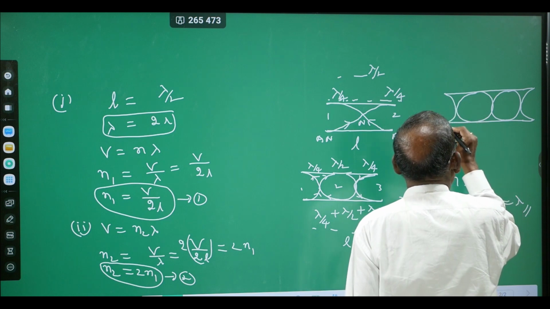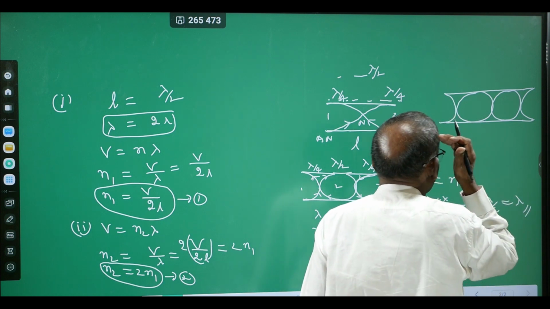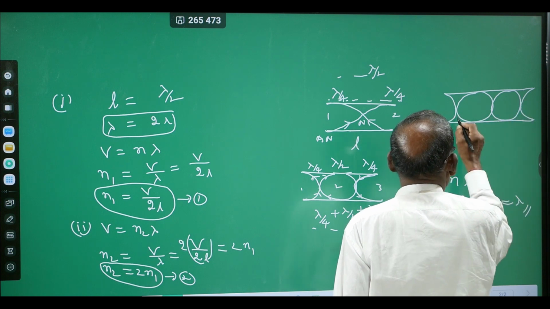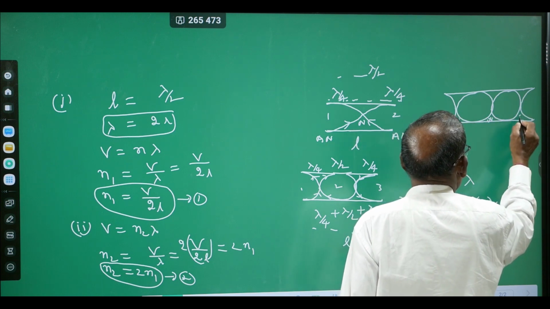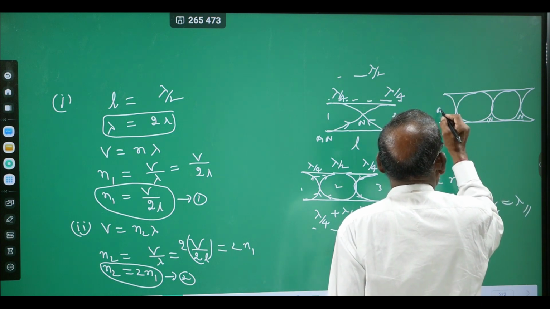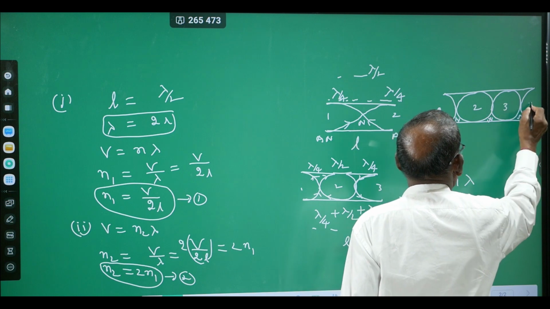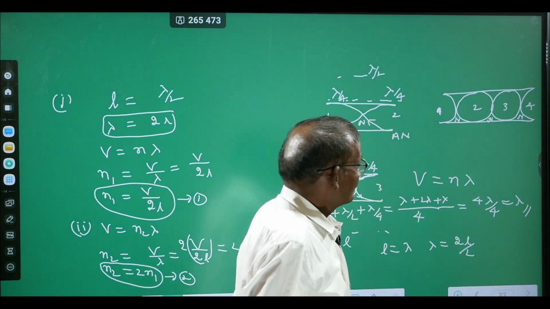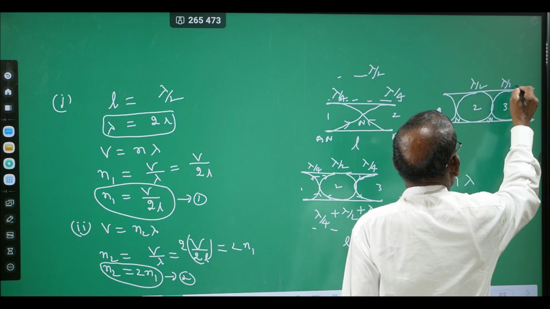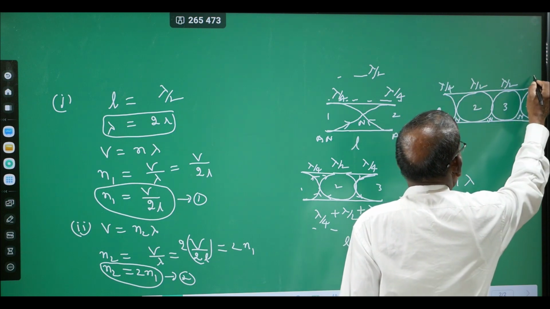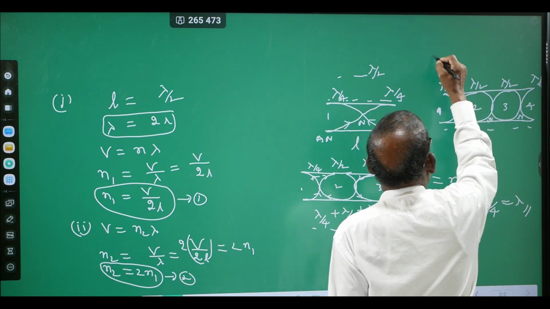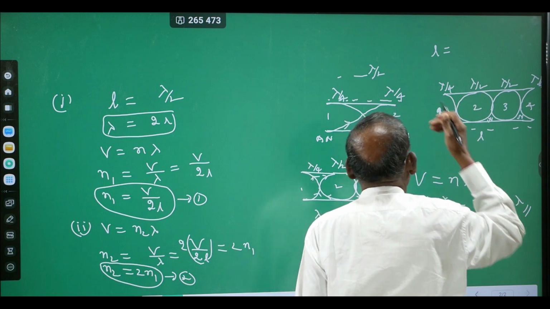If you observe here, there are 3 nodes, and 4 antinodes. So, lambda by 2, lambda by 2, lambda by 4, lambda by 4. This is the total length of the air column, L is equal to